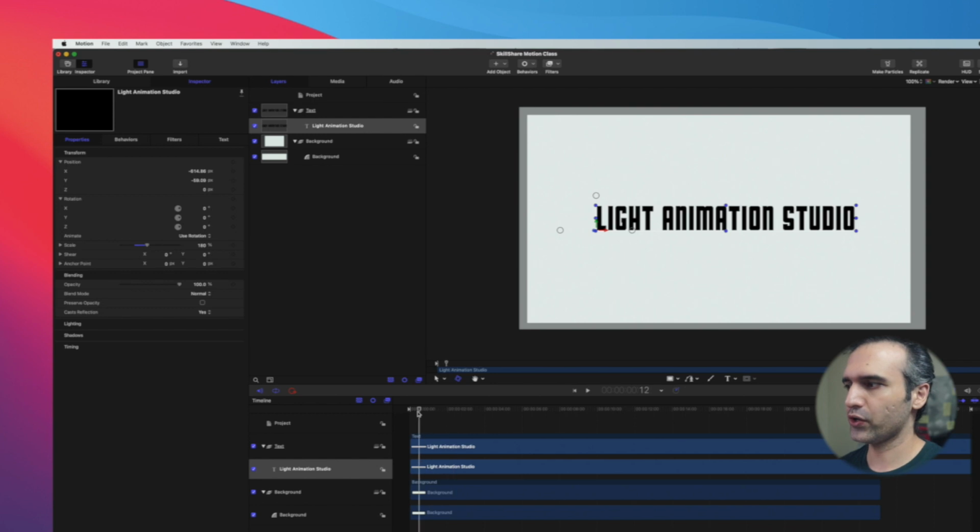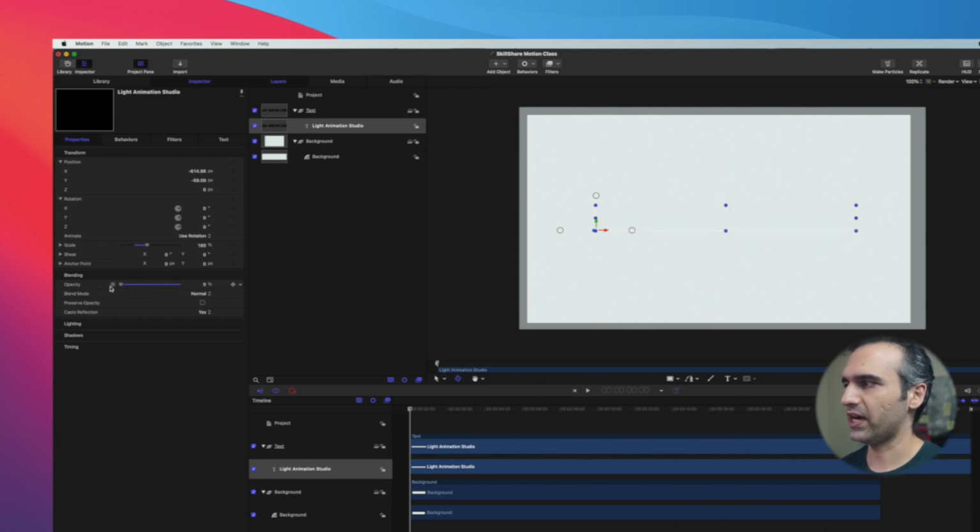So again, we're gonna go back to our first bit and click on text and go into properties, and this time we are going to look at not moving the text, but I want to make it visible and invisible. Right, so I want to work with the opacity. So what I want is I want our video to start with no text, and as we go further, the text appears magically. So what we'll do is we are going to take the opacity all the way down, and